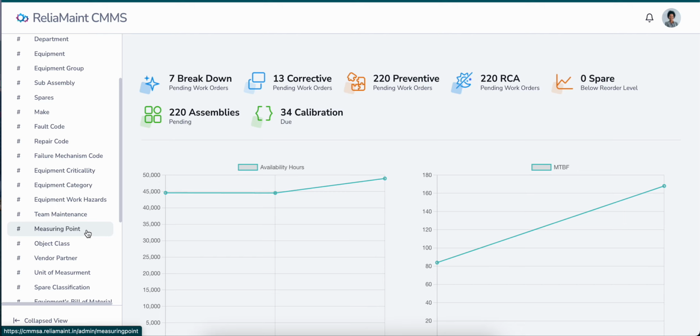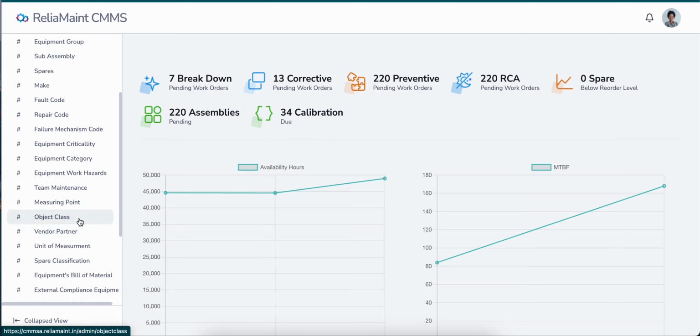Measuring point can be some production related aspect also. For example, if after machining some 1000 items we need to do an ABC check, the measuring point can be defined that way. Daily we put in our production, and once we get the 1000 items done, a corresponding work order will trigger. That is the measuring point.